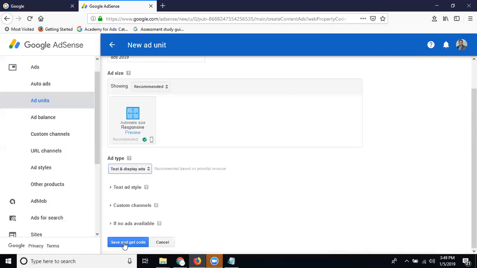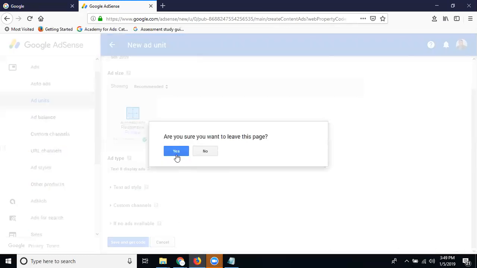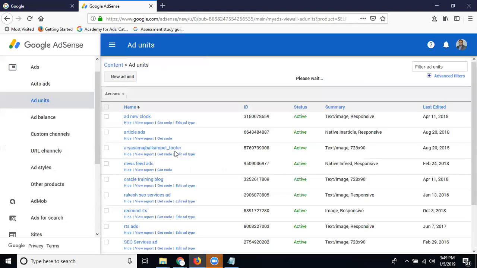After clicking save and get code, the ad will be approved once you place the code on the website. After the code is generated and placed on a website, it is approved after 24 hours. After approval, this is how your code will show. This is an active AdSense ad. The option is a responsive ad that will show here. So this is the type of ads that will be created.